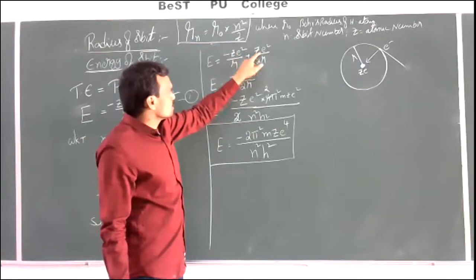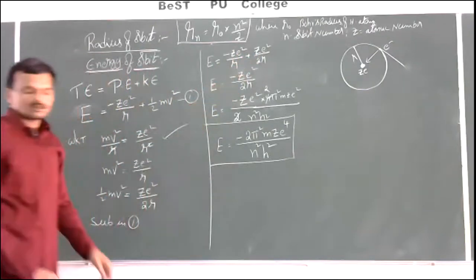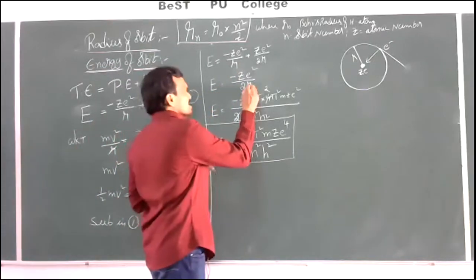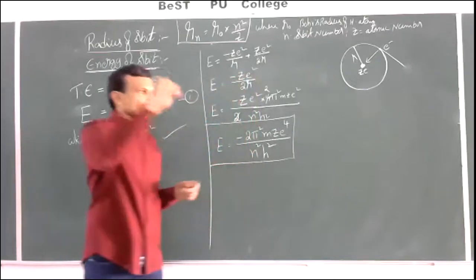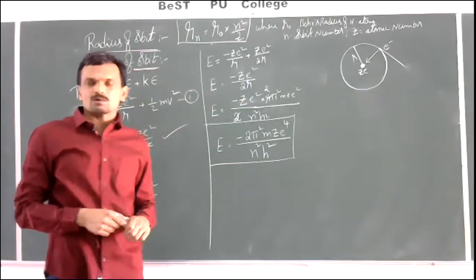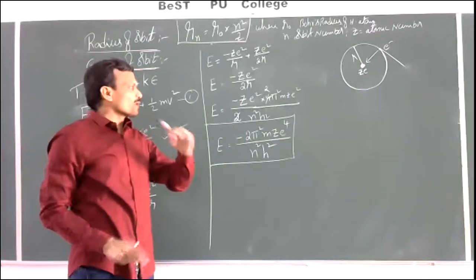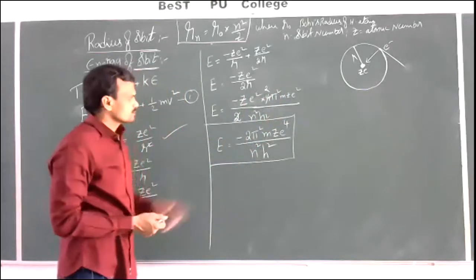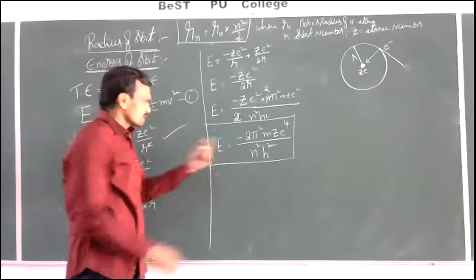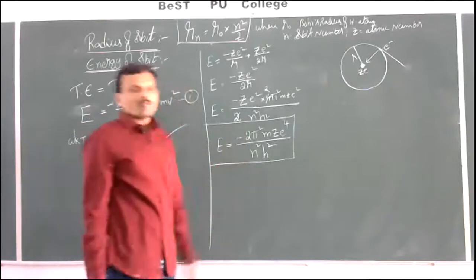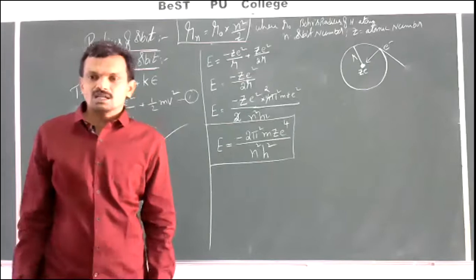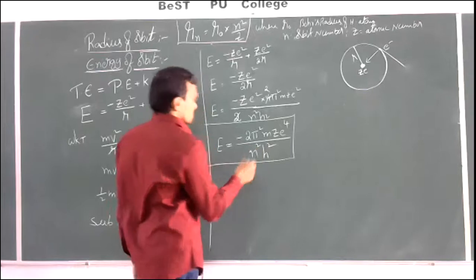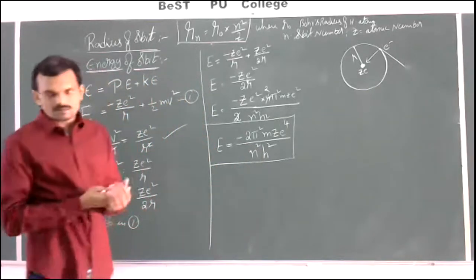If you add both these two, we can get minus ZE square by 2R. So the expression for energy is minus ZE square by 2R, where R is the radius of the orbit. We derived the expression for the radius of the orbit, which is n square h square by 4 pi square mz square. That 4 pi square mz square goes to the numerator. Simplify any common terms, then we get E is equal to minus 2 pi square mz square e power 4 by n square h square. So this is the expression for the energy of the nth orbit.